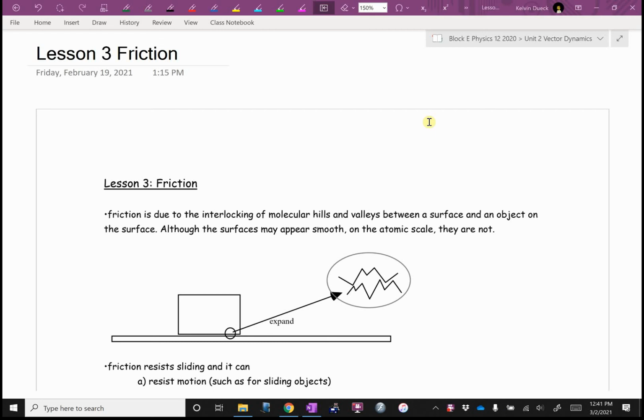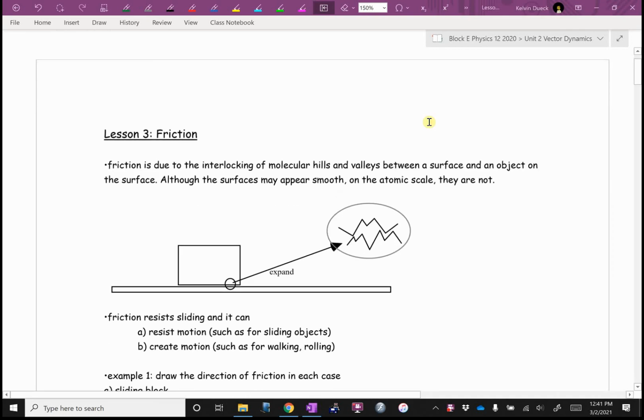So we're going to talk today about friction. We looked at this last year, so we're going to go a little quicker, but what's friction? Honestly, there are several different possible explanations. This is one explanation that works and satisfies what we see and allows us to make predictions, but it